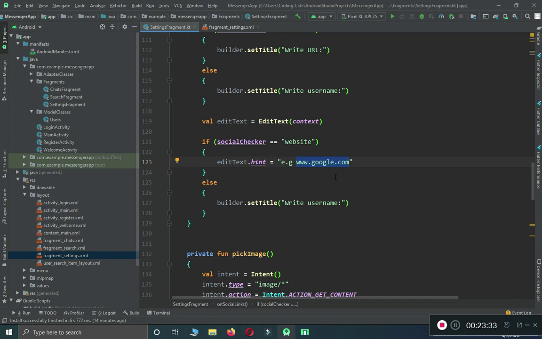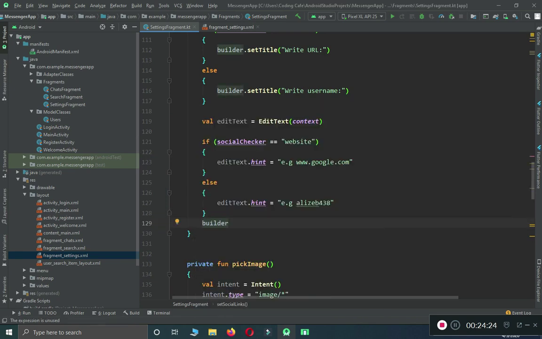Anyways, now for the Facebook and other things, we will give the hint to the user, for example, the user just needs to provide his or her username. Like in my case, my Instagram is ALIZDB438, and my Facebook username is by the same name, ALIZDB438. This is just a hint. The user must provide the username in this format. So whatever your username is, let's say Catherine43 or John438, the user will provide the username in this format, and the website URL the user will provide like this